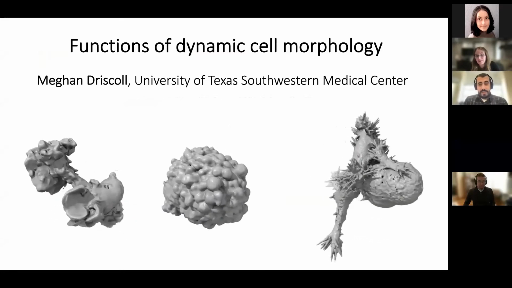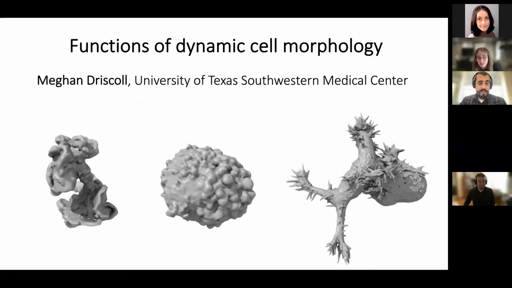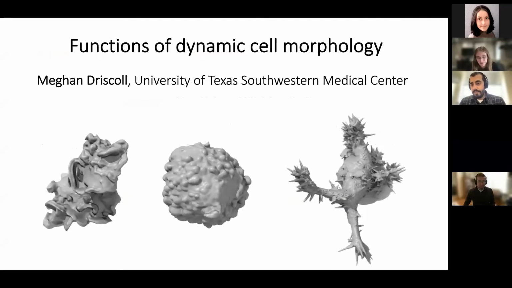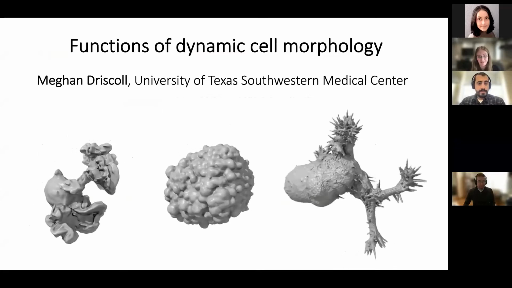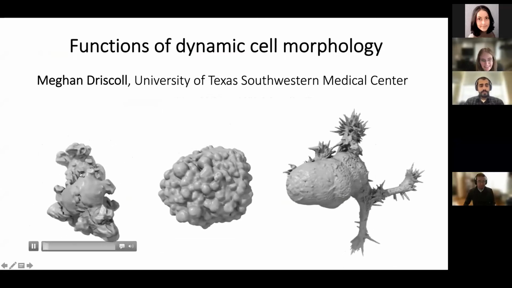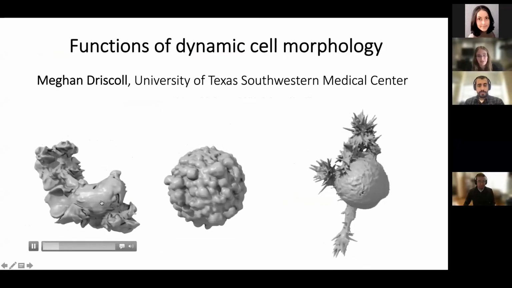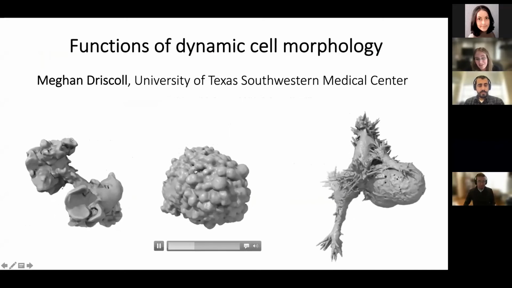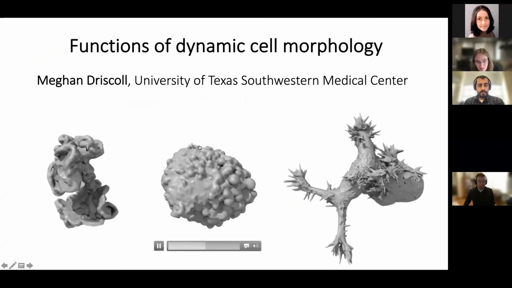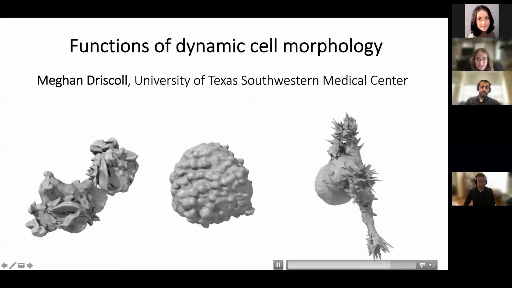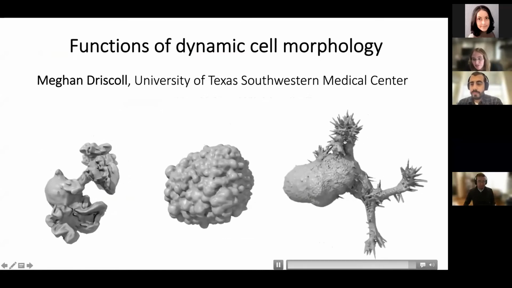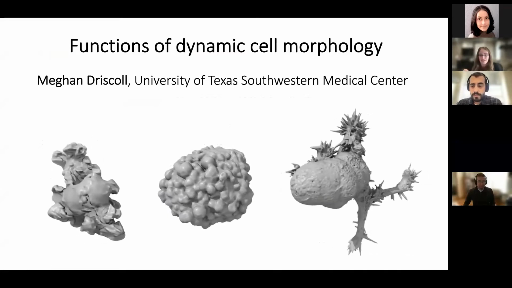I'm going to talk about the functions of cell morphology, and cells have very varied and diverse forms, right? So this is an immune cell on the left. It has sheet-like protrusions called lamellipodia. This is a melanoma cell in the middle that has these hemispherical protrusions called blebs. And this is a model for lung cancer on the right that has those spiky protrusions called filopodia. Right? And these are not